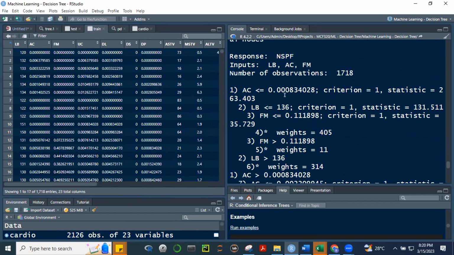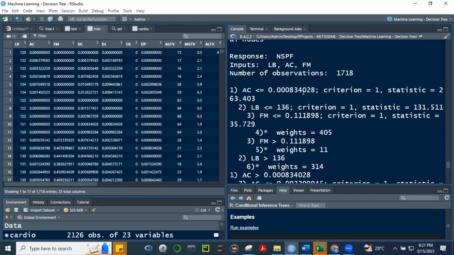Okay, so yung first, di ba? Is AC less than 0.008? Is AC less than this one? Tingnan natin dito. Hindi, di ba? So ang susunod na gagawin niya, pupunta siya dito sa LB. Parang step yan eh.